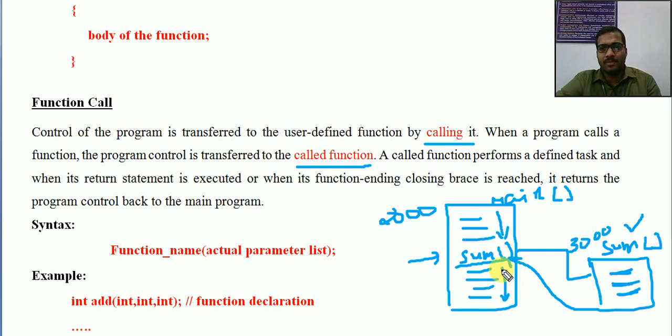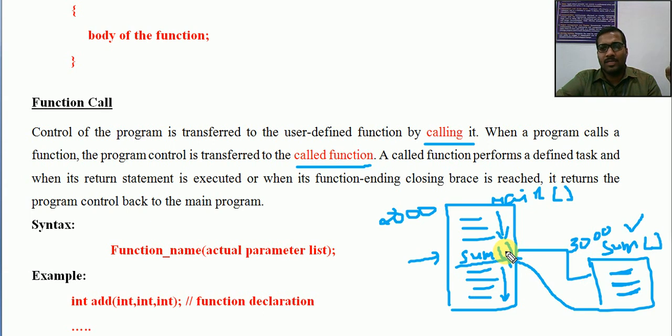This is what is happening with the function. I hope it is clear. This example is very clear, I think. Now for this, we require function declaration, function definition and function call. So for function declaration, I need to declare the function first. If I am going to use one user defined function, I need to declare that. Second thing is, I should have the body, the functionality must be written. And third thing is, there should be a caller. We should have a call to the function.